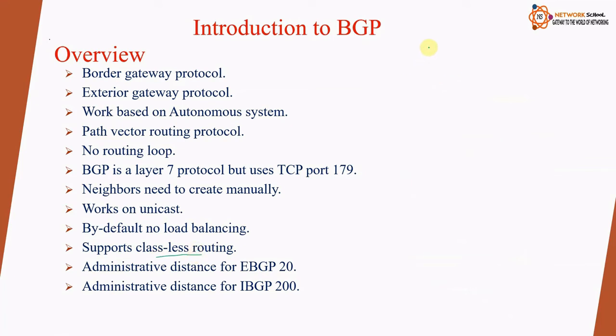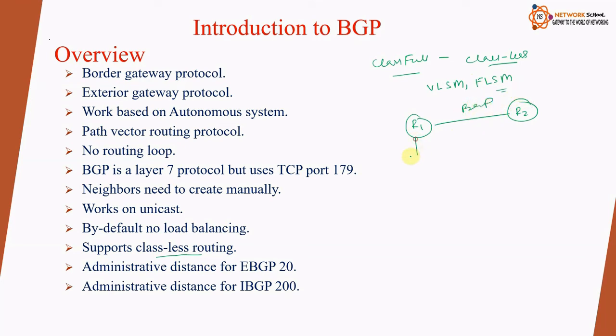So we have two types: one is classful and the other one is classless. In BGP, it supports VLSM. It also supports the fixed length subnet mask and the variable length subnet mask. So it means, let's say we have router R1 here and router R2 here, and we have created the BGP neighborship between these two, and we have the subnet